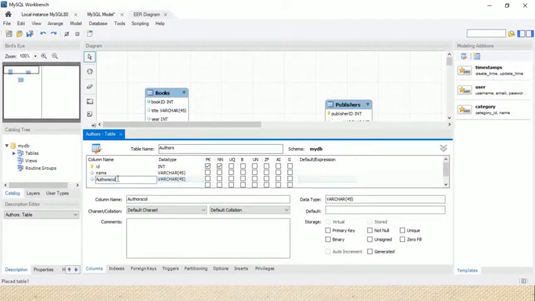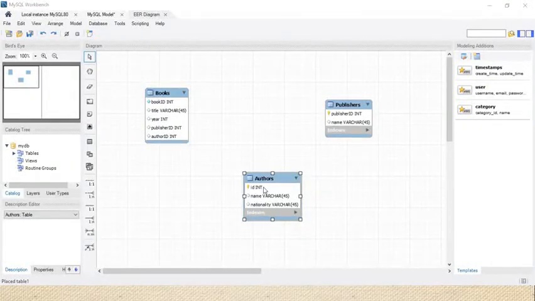After that I will use the nationality. Okay, what we discussed earlier is the same thing we are adding. Don't worry about that. Here I will use the nationality, again with varchar. See, we get the three tables.